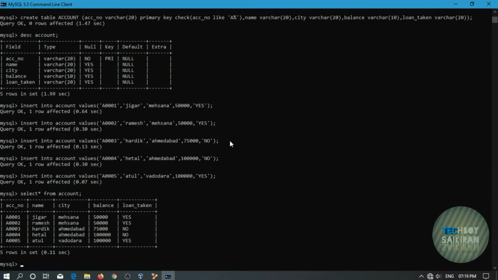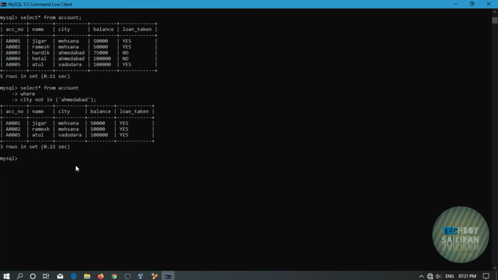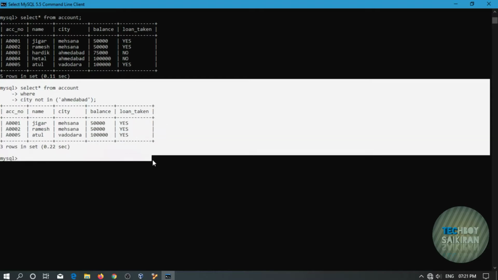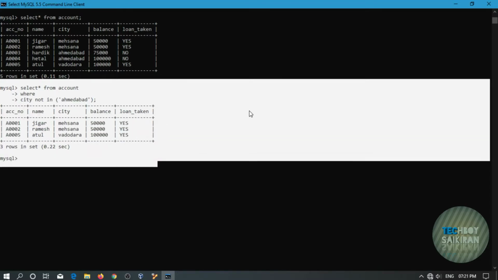Now let me show you how to perform the MySQL commands using operators. So here you can see select star from account where city not in Ahmedabad. That means this command only prints those members who are not in Ahmedabad.